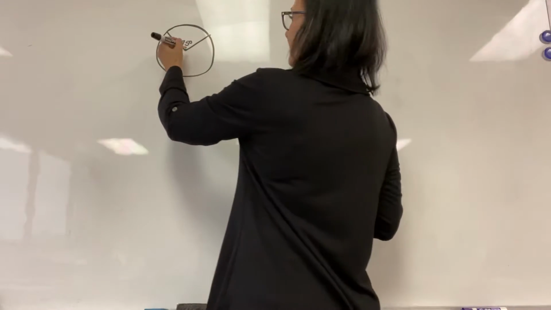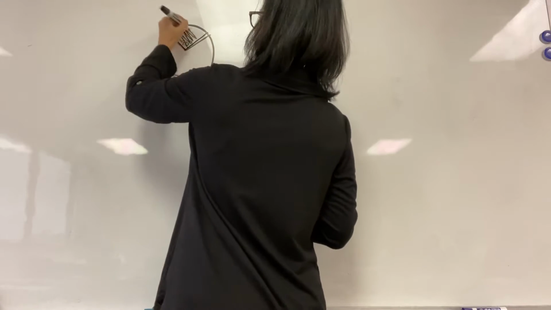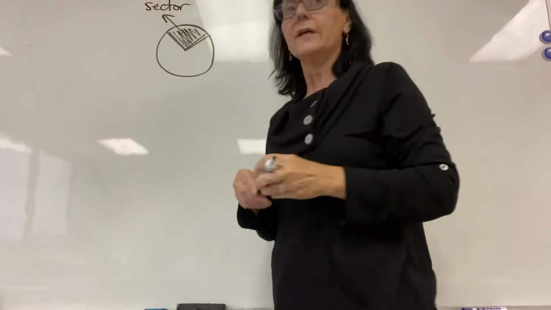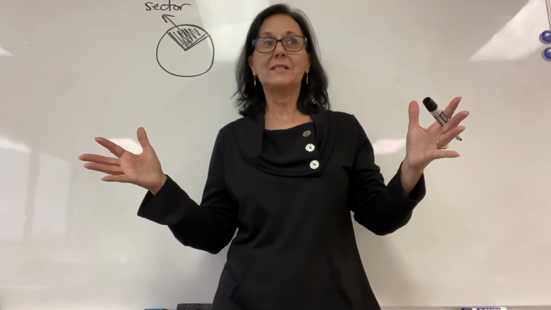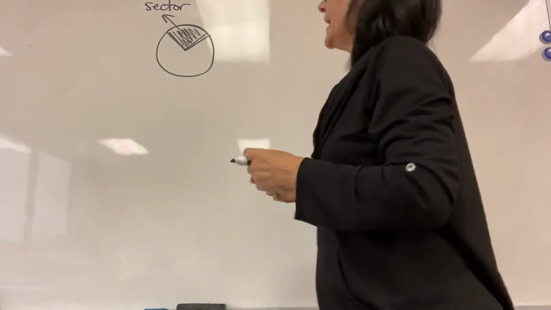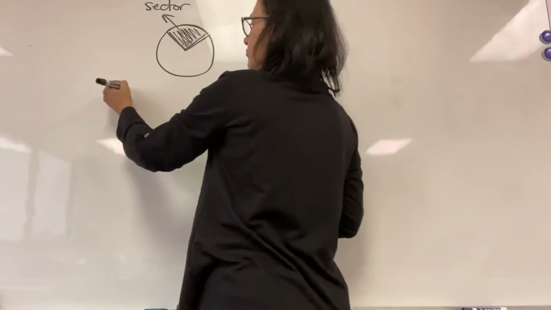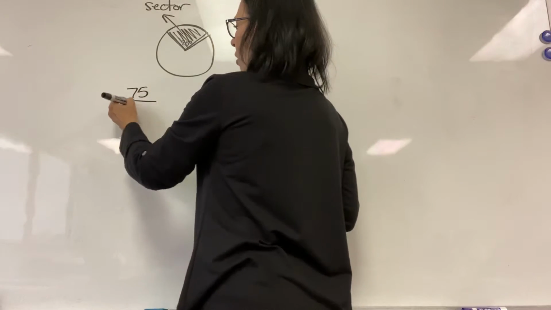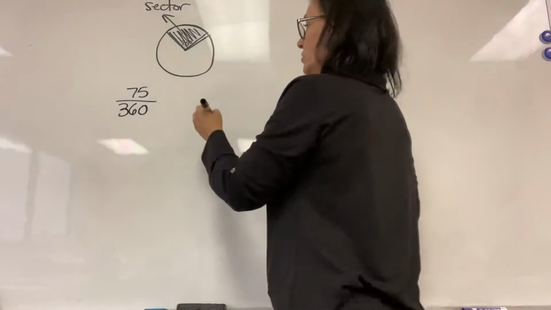This piece here is called a sector. A sector is any piece of the whole pie, all right? And the way that we calculate the sector is we take its central angle, we divide it by all the way around the whole angle, and then we multiply it by the formula. If we're talking length,